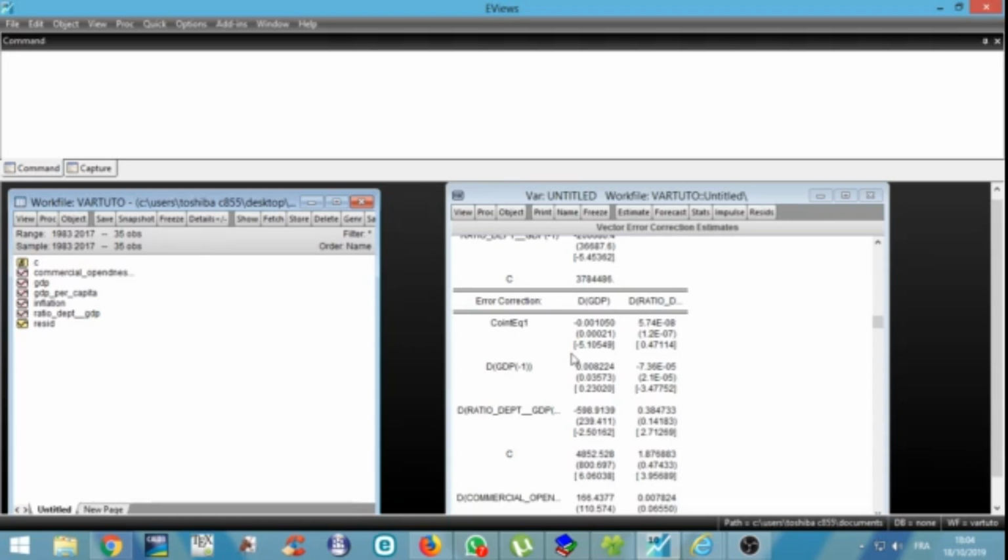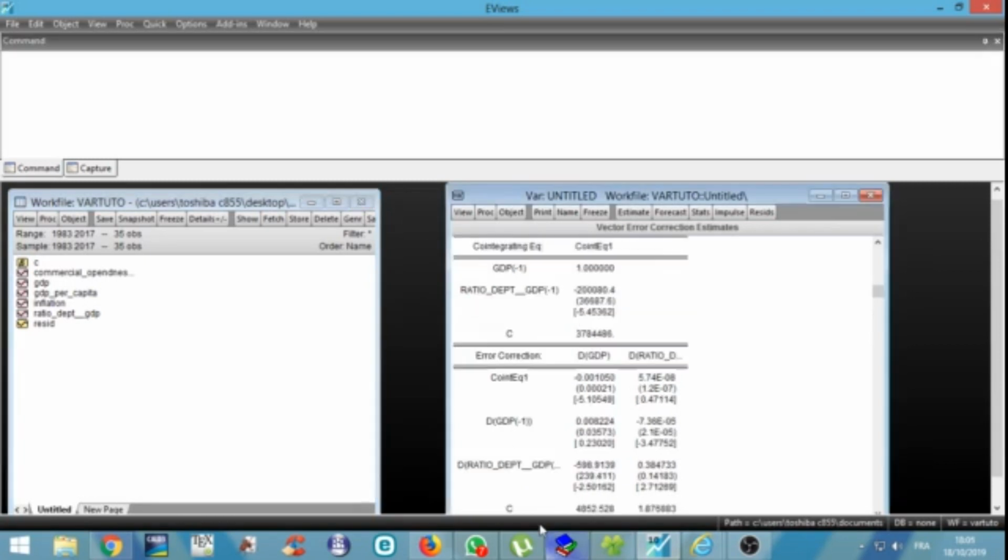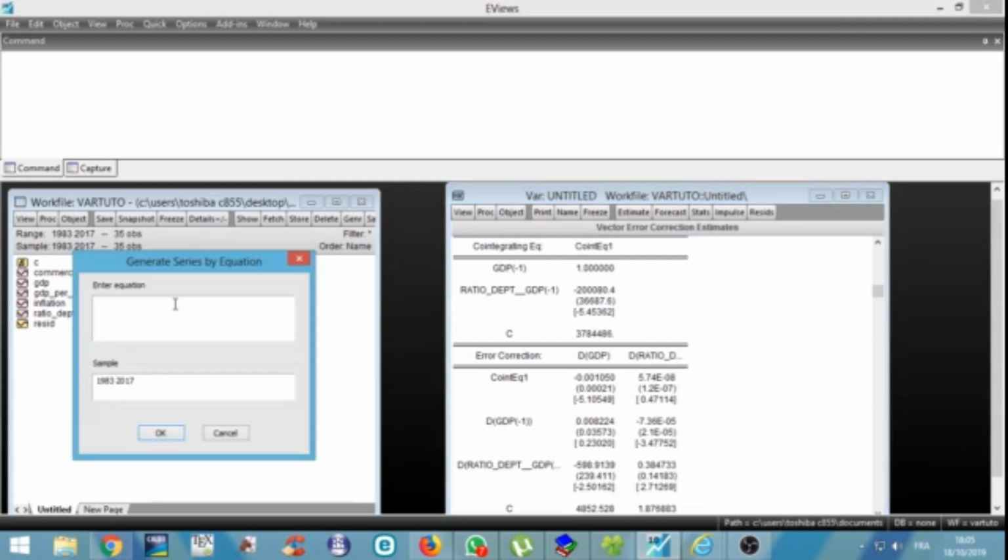So we have our cointegration equation. As far as the cointegration equation appears in the linear model that we will express, we'll just generate the error correction term that we will use in our linear model. So we just go on generate, we generate the cointegration equation,